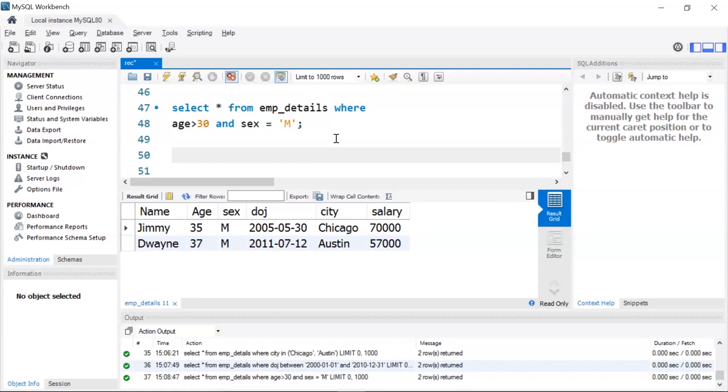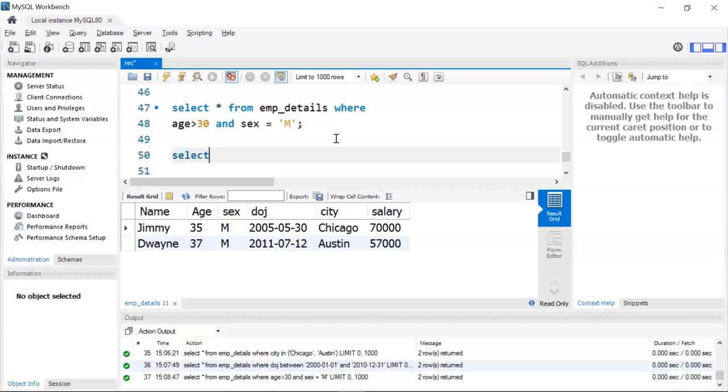Now let's talk about the GROUP BY statement in SQL. So the GROUP BY statement groups rows that have the same values into summary rows. Like for example, you want to find the average salary of customers in each department. Now the GROUP BY statement is often used with aggregate functions such as count, sum and average to group the result set into one or more columns. Let's say we want to find the total salary of employees based on their gender. So in this case you can use the GROUP BY clause.